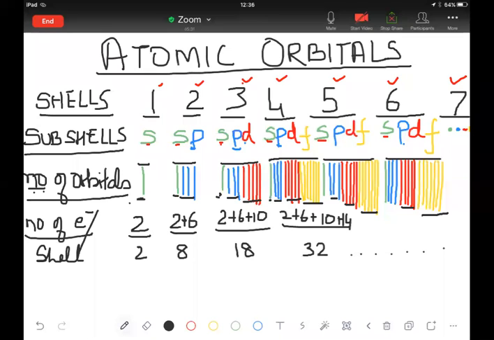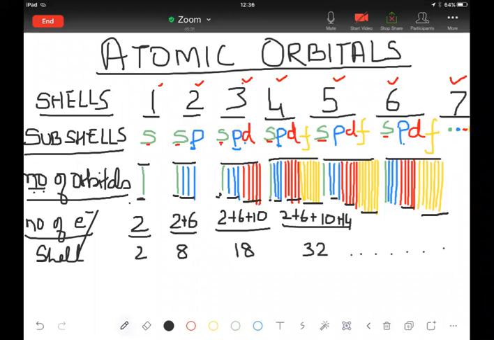All right. So each of these f subshells has 7 orbitals, each of the p subshells has 3, and each of the d has 5. So you can very well understand that in all these cases, the arrangement is like this. Now, this is how they are present, mind you. This is how they are present.